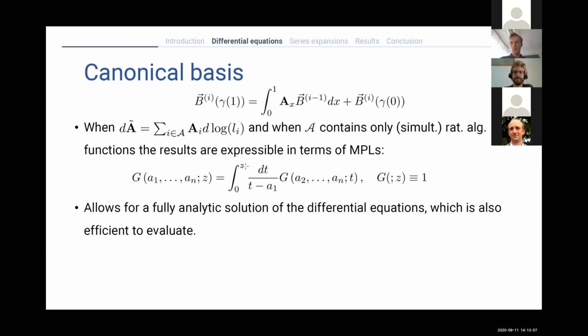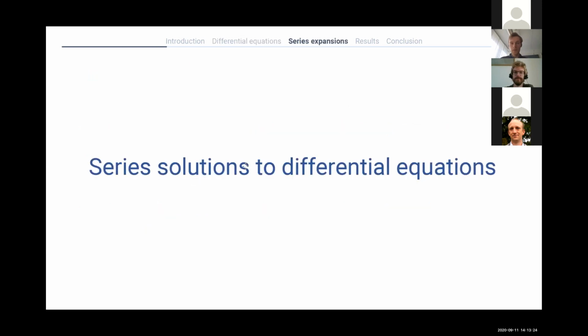And also we know that with GiNaC, you can get very high precision numbers out of MPLs. But of course, such a canonical form is not always available. And when you have these non-rationalizable square roots, it might not be possible to solve your basis in terms of MPLs. So then this series solution approach